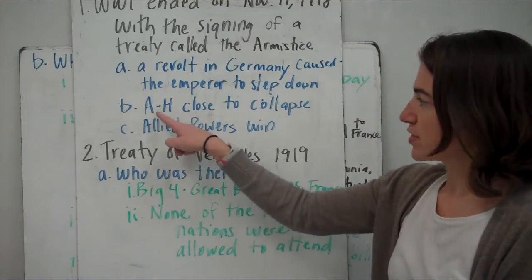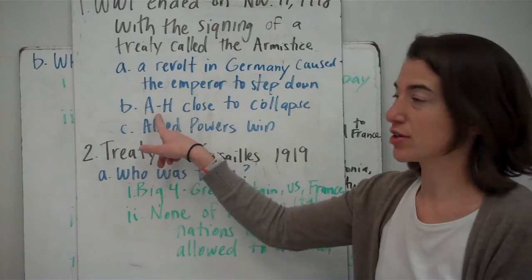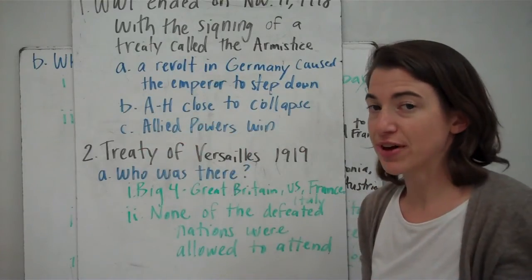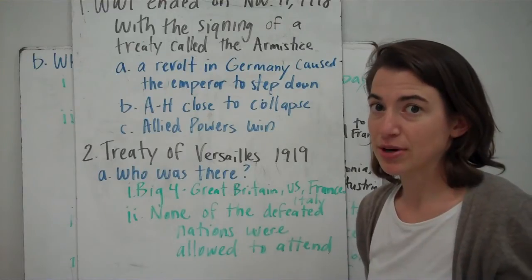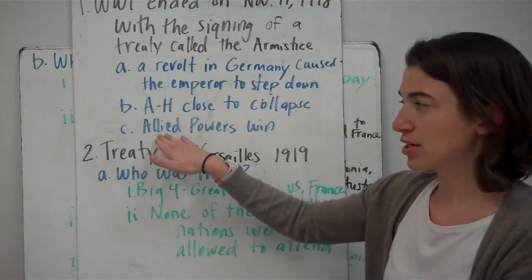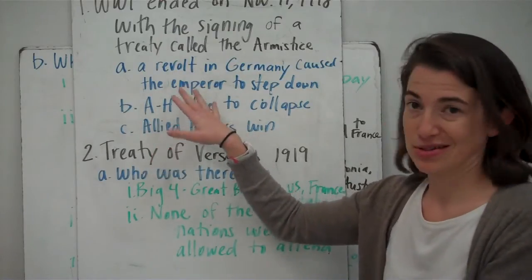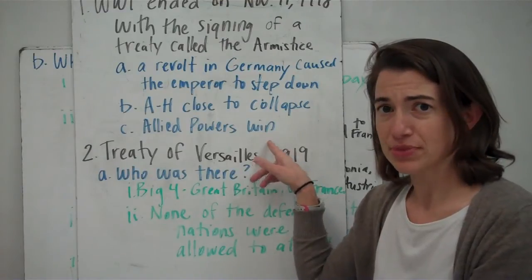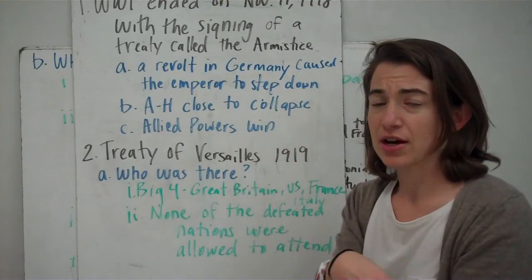country. You've also got Austria-Hungary, AH means Austria-Hungary, which was close to a collapse. So again, they have fought too hard, their people are tired, their military is expended, they're about to collapse. And so you can see, because those two main powers weren't doing very well, the Allied powers are the winner. So we look back at the very beginning of the war.